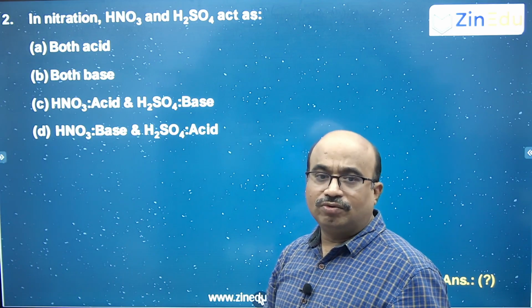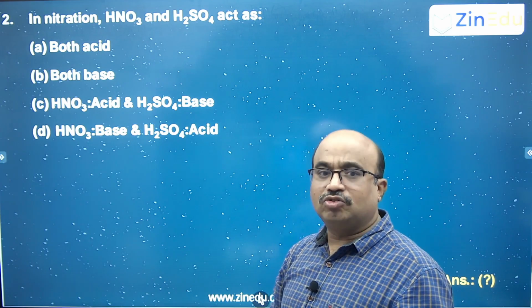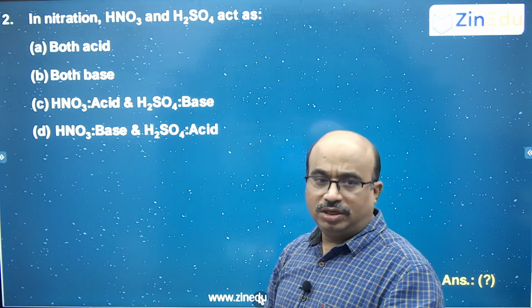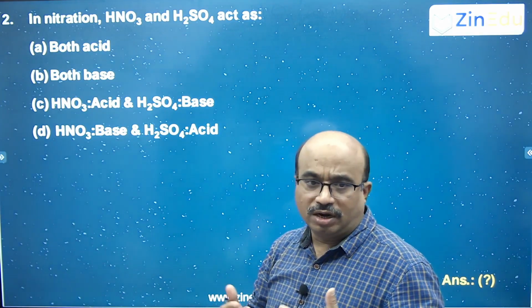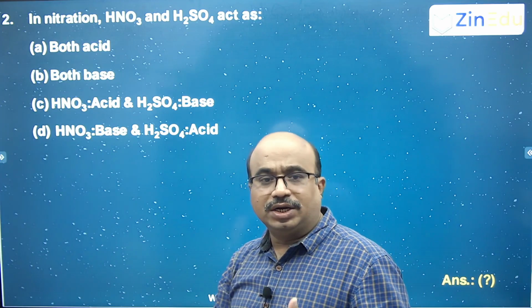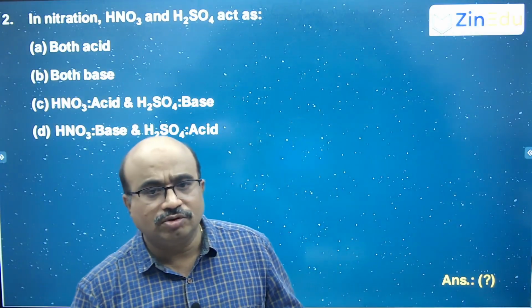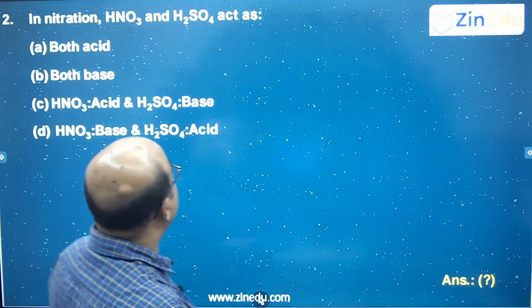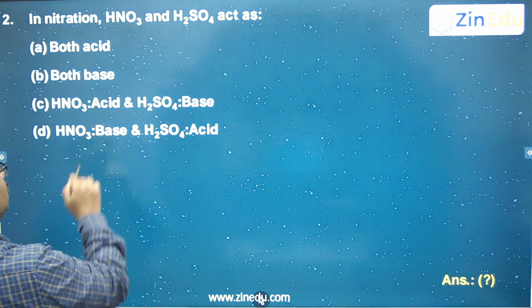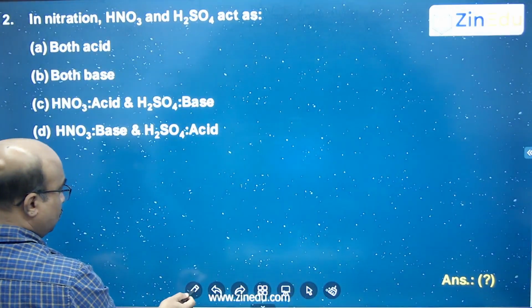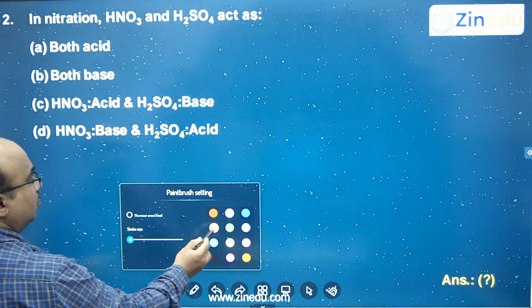So H2SO4 behaves as an acid and gives H plus to HNO3. There you will see the formation of NO2 plus, an electrophile, during the nitration of aromatic compounds or benzene. So H2SO4 behaves as an acid and HNO3 behaves as a base. So the option which is correct now here is